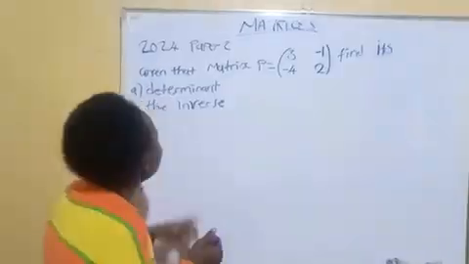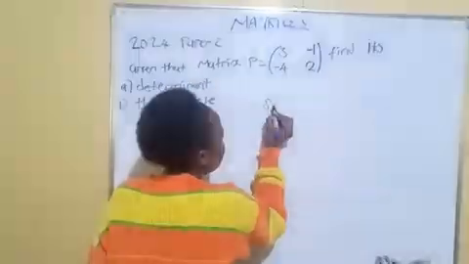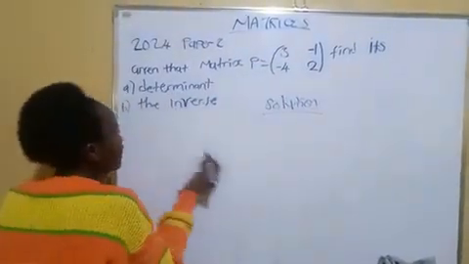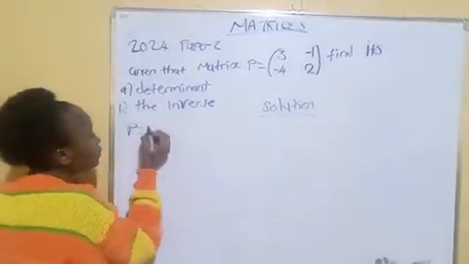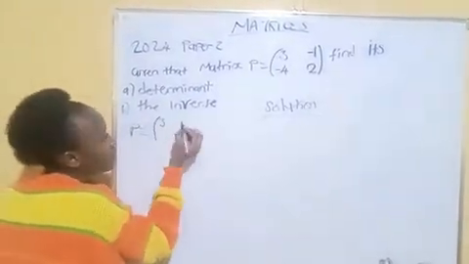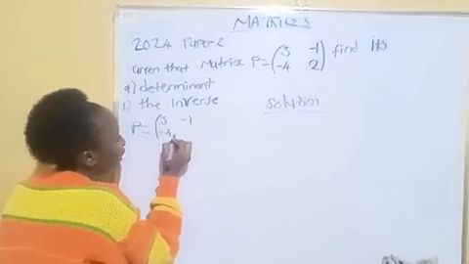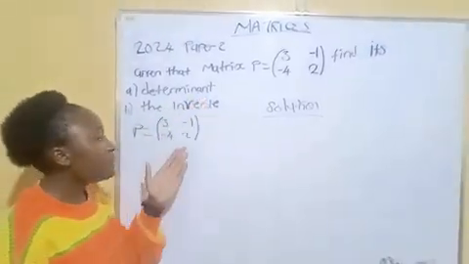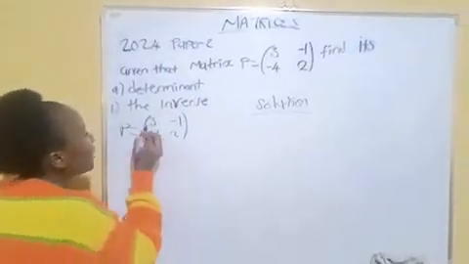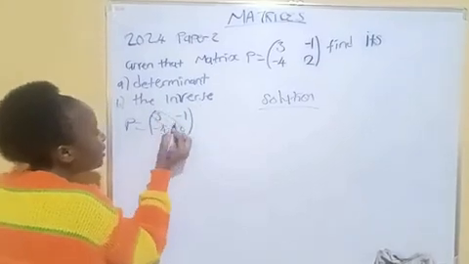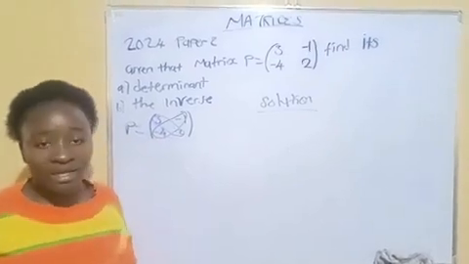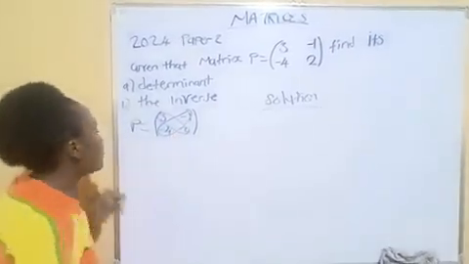When you want to find the determinant, the solution now, you copy the matrix the way it is. P is equal to, open bracket, 3, -1, -4, and 2. When you are finding the determinant of a matrix, you multiply the major diagonal on its own, and the minor diagonal on its own. Then you subtract the answers you find to get the determinant. So here we say